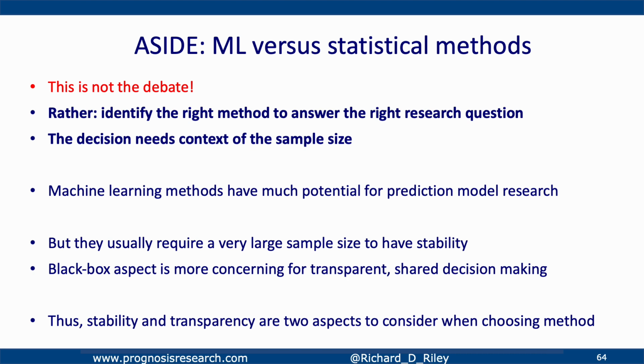So really, I'm not trying to flag here that statistical methods or machine learning methods are better or worse than each other. That is not the debate. What I'm flagging to you is that as researchers in the prediction model field, we need to be using the right methods to answer the right research question in the context of the sample size. So if you're going to be using machine learning methods, which have much more potential for complexity, they will need bigger sample sizes. And if you don't have those, then it's going to lead to more instability than traditional methods like the logistic regression, lasso, things like that. So just be careful and really think about stability and transparency going forward.